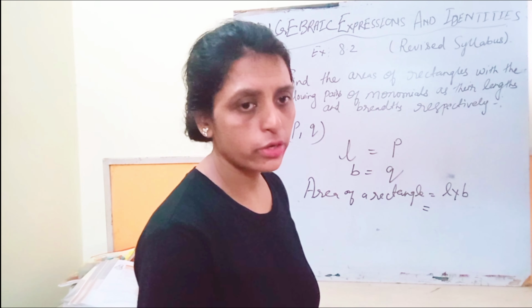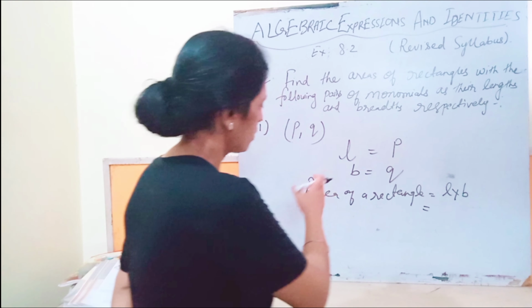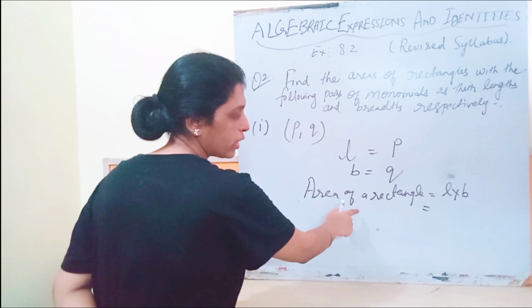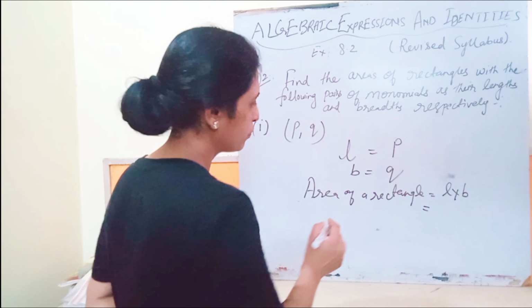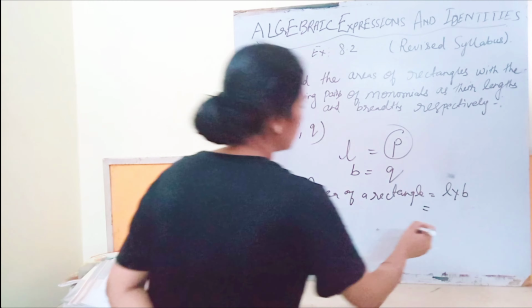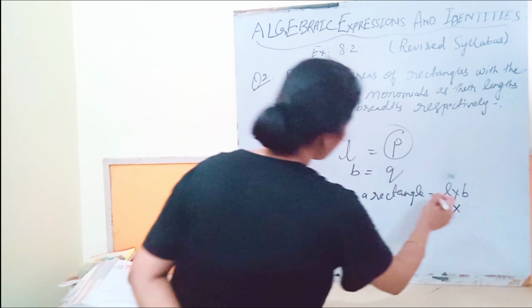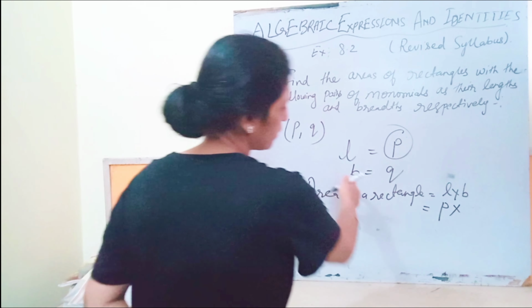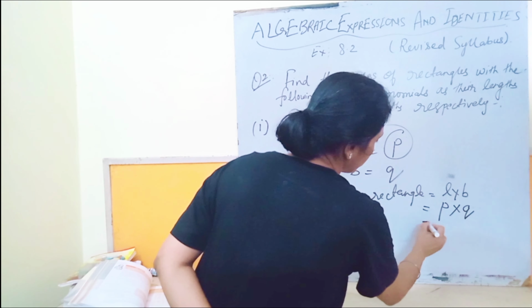So you know that area of a rectangle is L into B. So we have taken L or length as P, and we have taken B or breadth as Q, and P into Q is